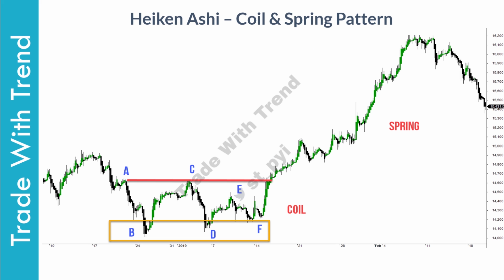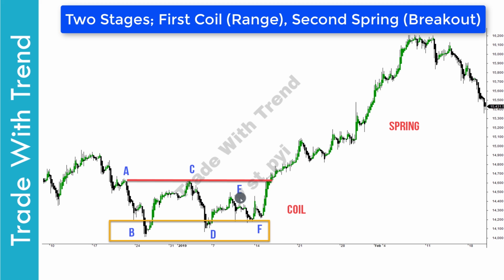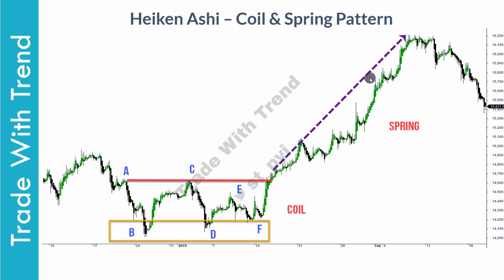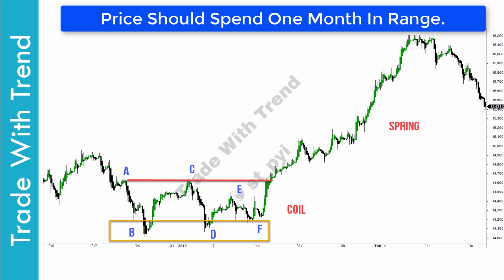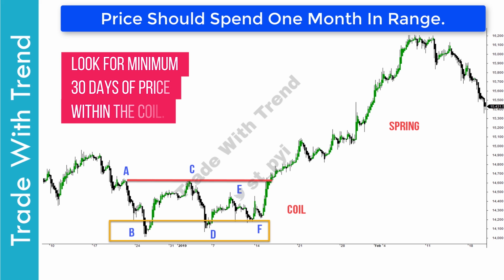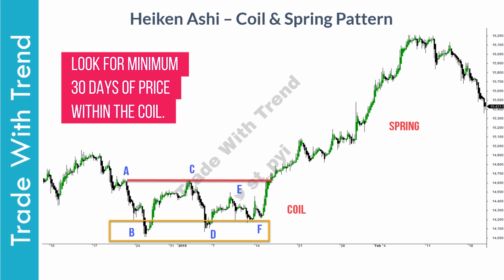Now in this chart, you see the coil spring trading pattern. In this region, you can first see the coil pattern where price contracts in a range. Post this, you get the spring phase where price breaks out of the range and then heads higher with momentum. In an ideal coil spring swing trading pattern, price will spend at least 1 month in the coiling phase before attempting to move higher. The ideal phase for price contracting in a range is generally between 1 to 3 months.